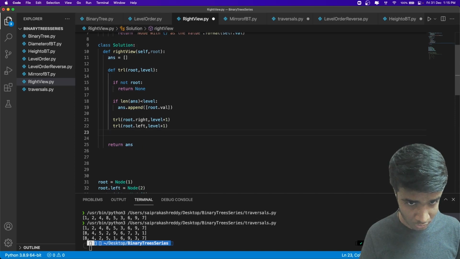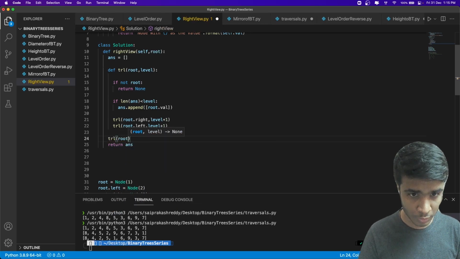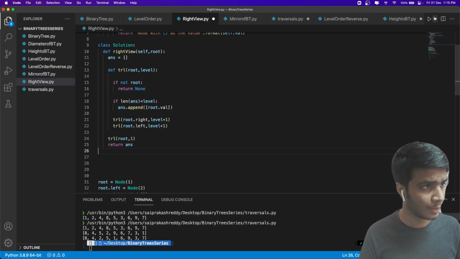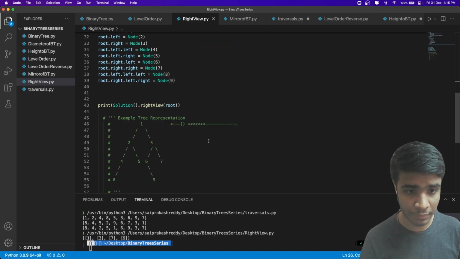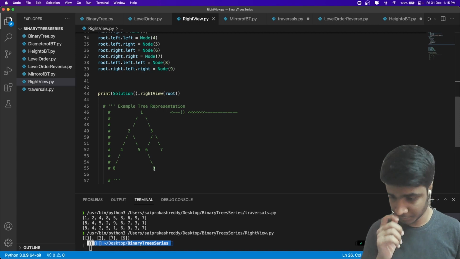Let me just call the function here. Traverse on root, and let's call it as level 1, right? So let me try and run this, and it says 1, 3, and 7 and 9. That's right. So 1, 3, 7, and 9. Right. So these are the elements,